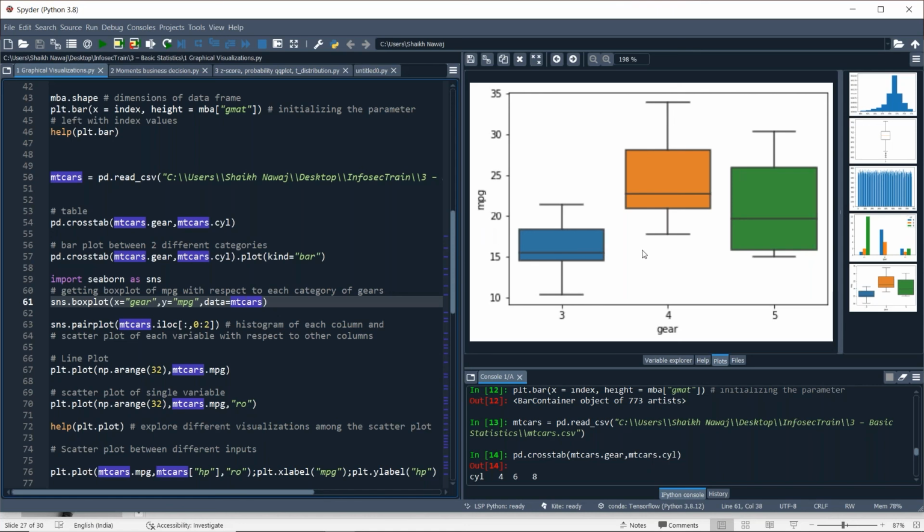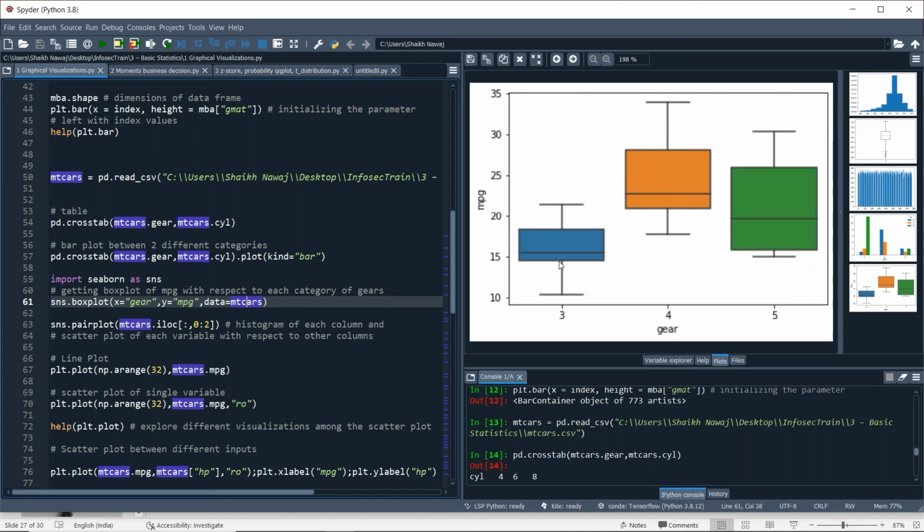Okay, so this is the term. If we just find the interquartile range, for gear 3 we'll have a small interquartile range as compared to fourth gear and fifth gear vehicles.